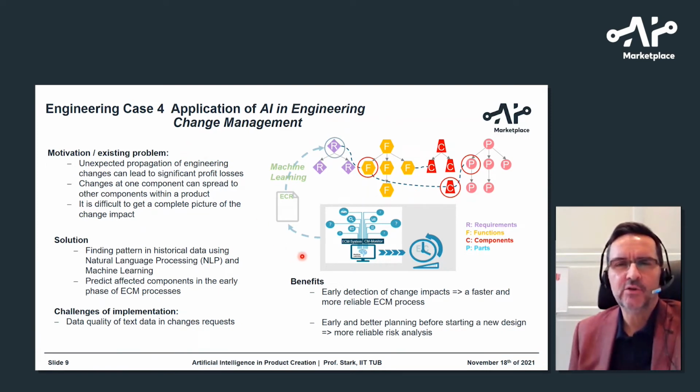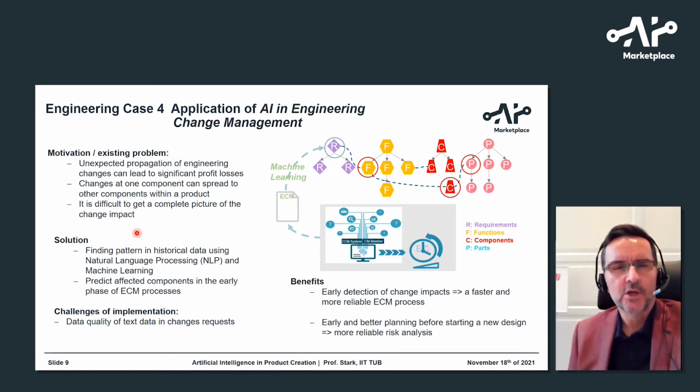and machine learning to apply not just on the requirements and functionalities, but also in the components. And also from the incident reports we had in the past, there is a motivation to really get from the starting point to solve the unexpected propagation of engineering changes, to use it with more pre-knowledge based on the data we have from history, and that we can avoid spreading unnecessary challenges and changes to the other